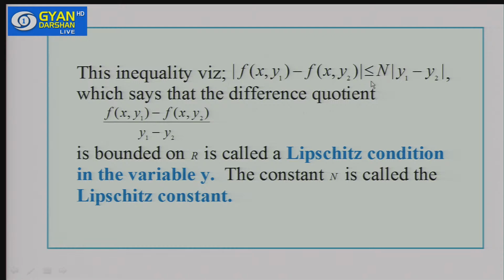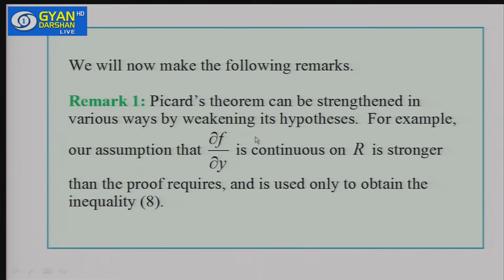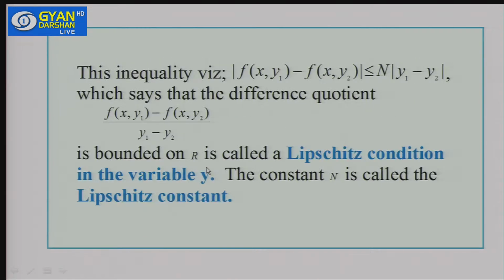We are going to show this with an example. This condition is called the Lipschitz condition. The Lipschitz condition is lighter than requiring the derivative to be continuous. The derivative of f with respect to y has to be continuous. This was our condition. So we can drop this condition and add this condition to make our